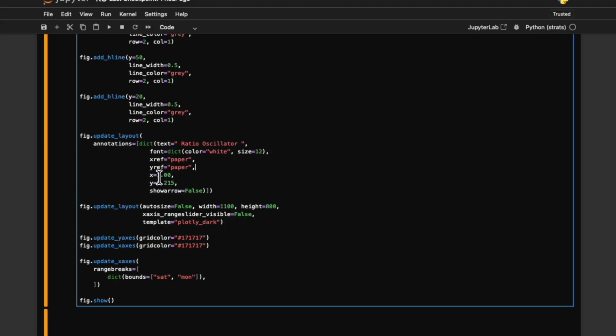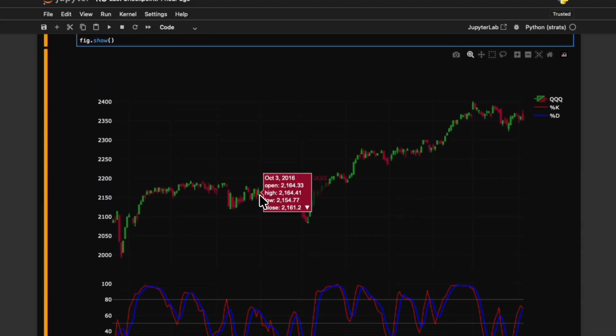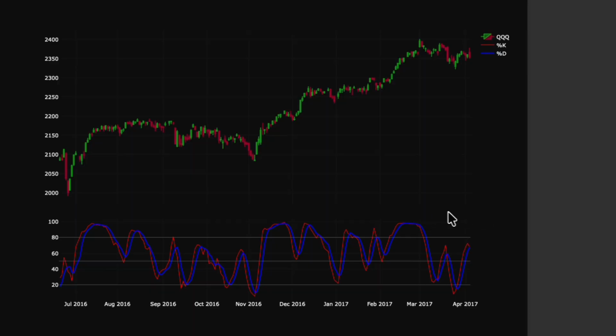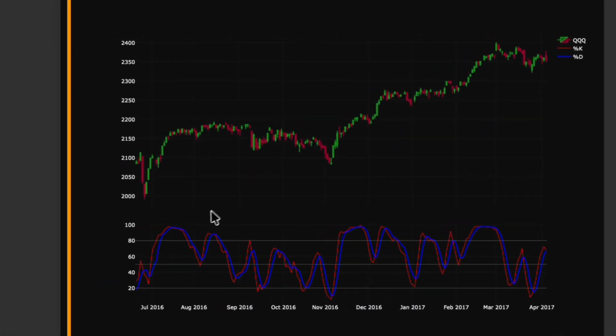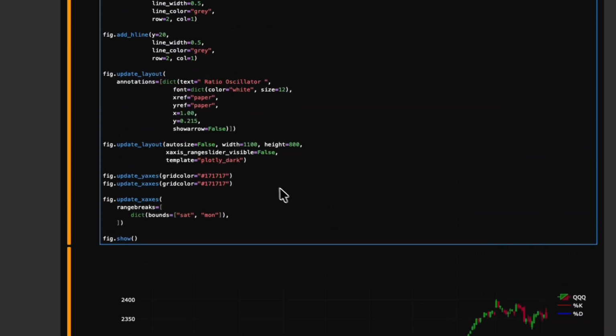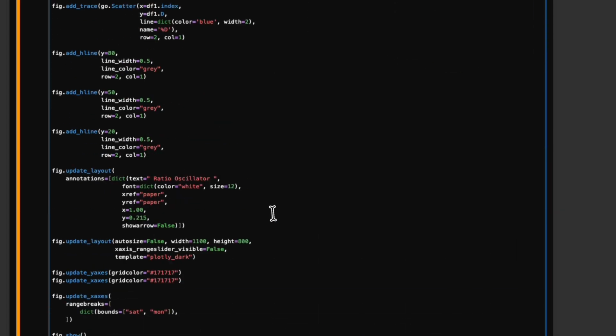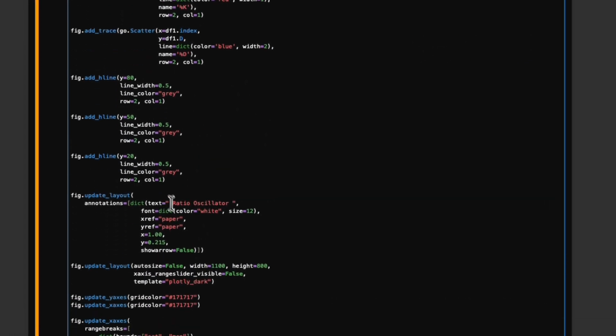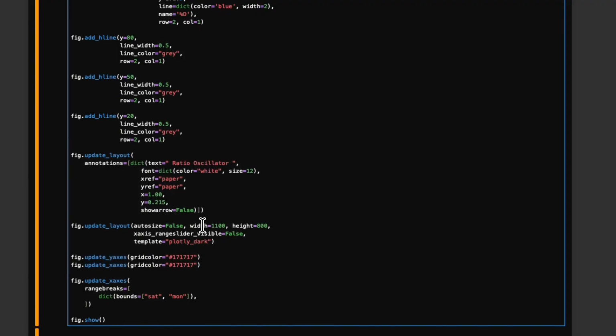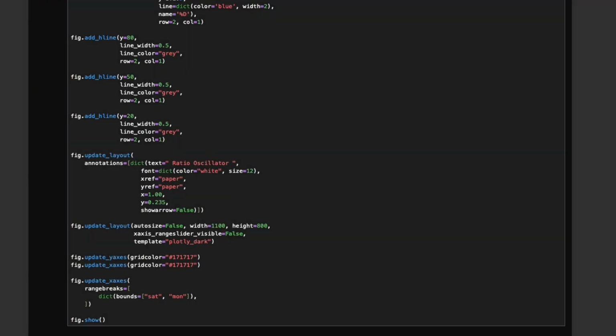And so for x equals 1, I'm basically saying put my label as far right as it can go. And if I change that to x equals 0, it would be far left, and x equals 0.5, it would be in the middle here. And then y is dictating how high up you want your label to appear. So I've got that at 0.2 at the moment. It probably wants to come up just a little bit. So I'm going to leave it on the right-hand side, and then I'm going to take that to 0.235, say,